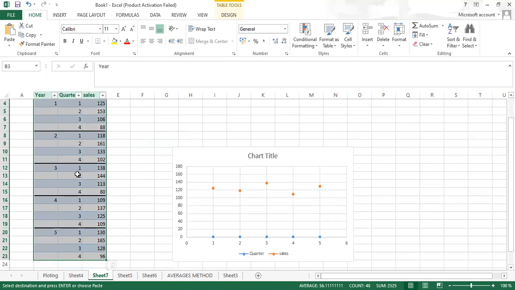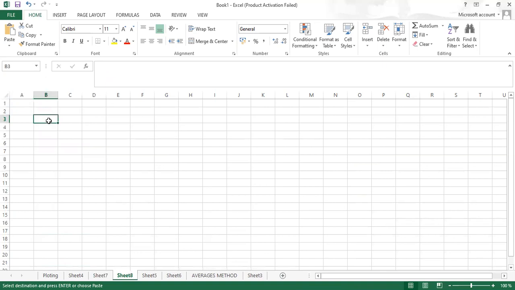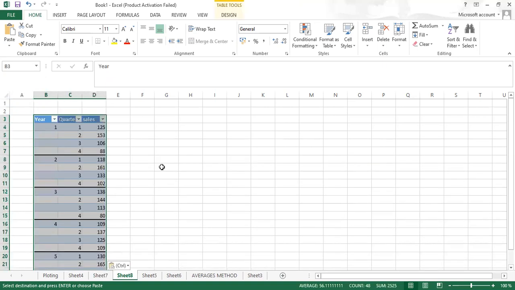So the average method is a statistical method of forecasting data. So we copy this data again, we open another sheet. So do Control C, we copy. Then you open another sheet, and paste there. After we've pasted,